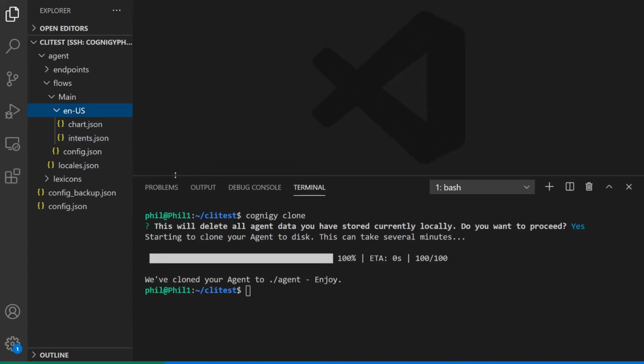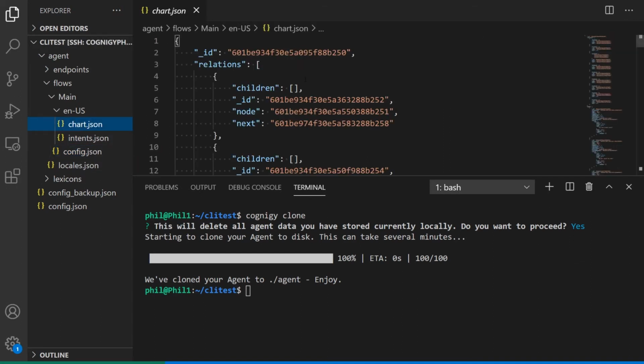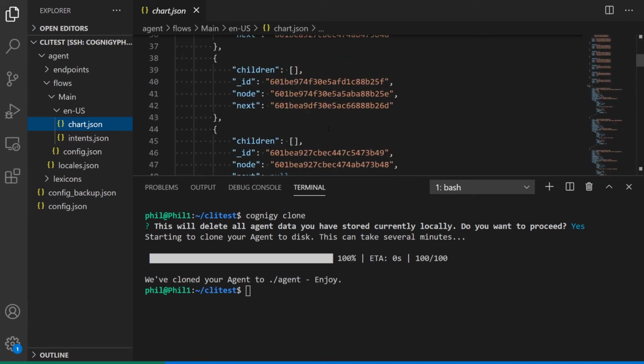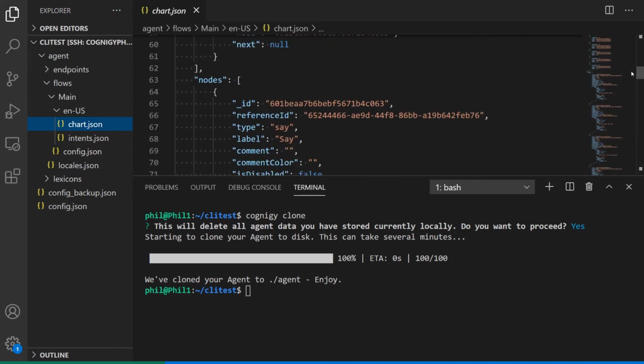So if we quickly look at that, for the flow, we have a config file, which gives us the ID, a reference ID, the name, etc. I would recommend not changing that. And we have the chart, which has information about all the nodes. Up here is the structural information, which we cannot edit using the CLI.